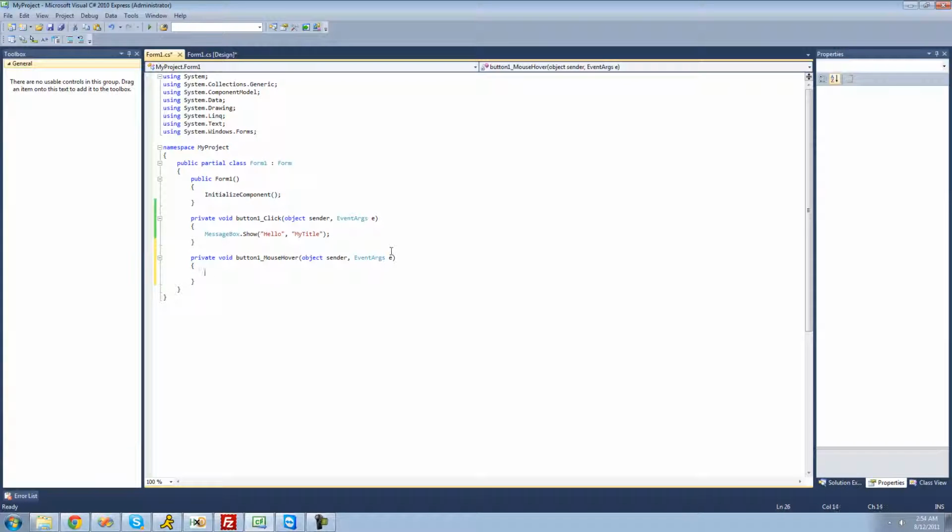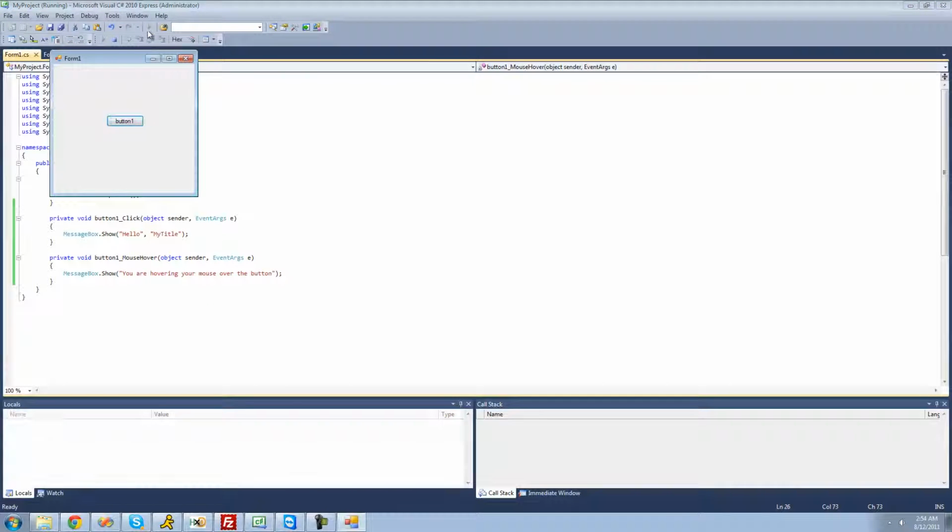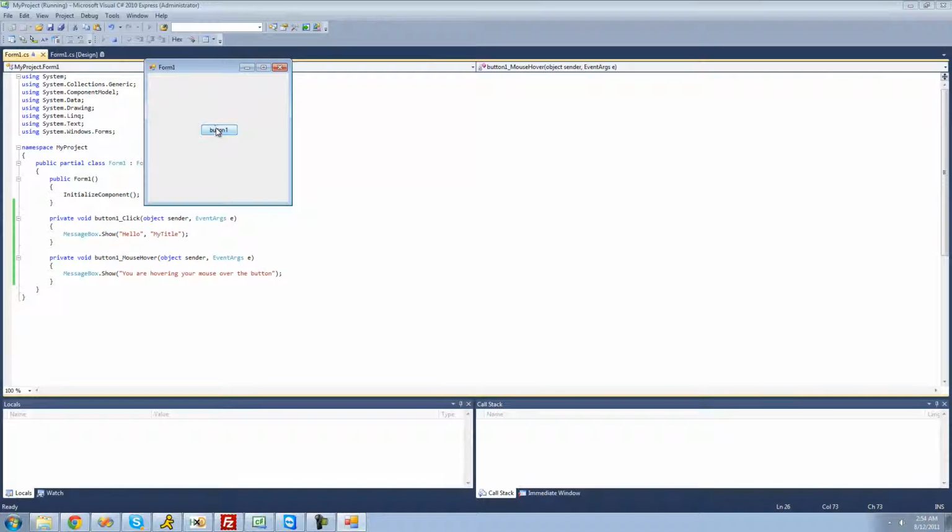And we're just going to have a message box show, so we're just going to type messagebox.show, and again we can just hit enter instead of actually typing out the entire word. And we're just going to have this message box say, you are hovering your mouse over the button. Alright, so now let's just go ahead and debug and see if it works. So now when we hover our mouse over the button, we get a message box saying you are hovering your